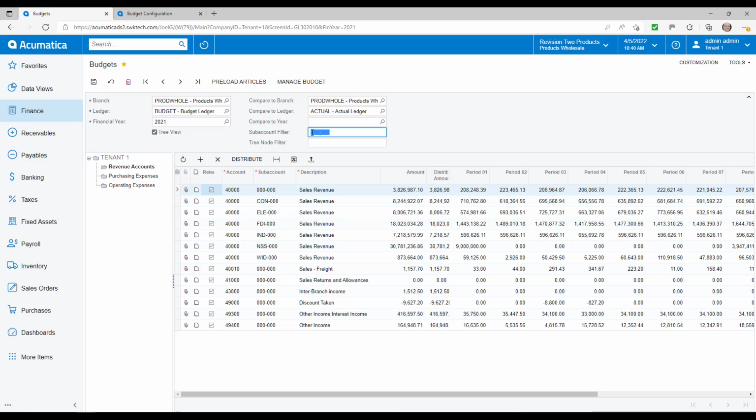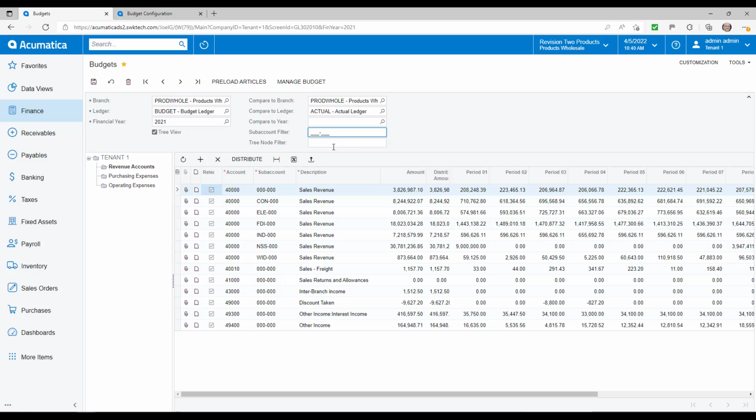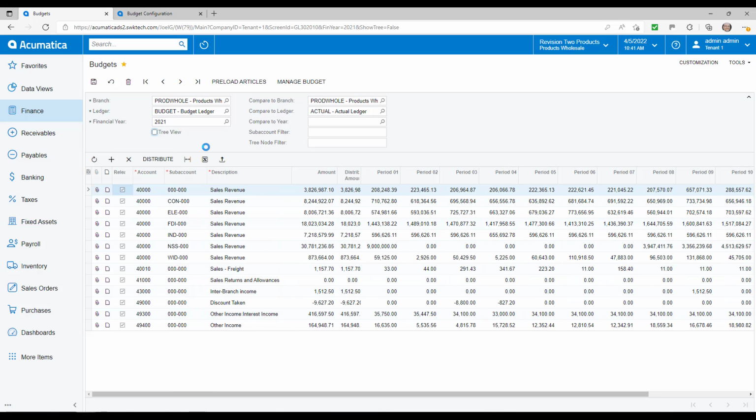The next filter is the sub-account. If I'd like, I can press F3 and have the system filter down the budget items so that I'm only seeing budget items related to a particular sub-account or segment of the sub-account. The tree node filter allows me to type in the name of my node, revenue, purchasing, operating, and have the system filter down to those items for me. Let's go back into simple mode